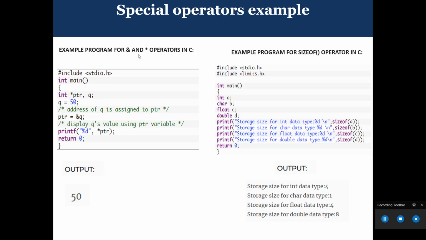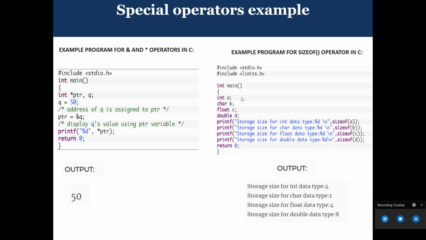For example, #include <stdio.h>, int main, int *ptr, q = 50, the address of q is assigned to the pointer, so ptr = &q. Display q's value using the ptr variable, so printf("%d", *ptr), return 0. Then the above program output will display 50.